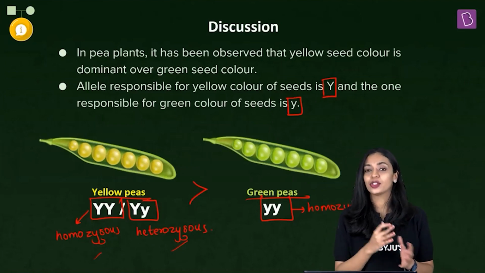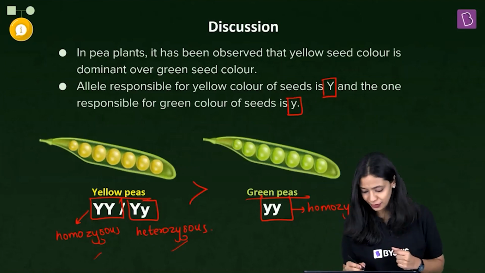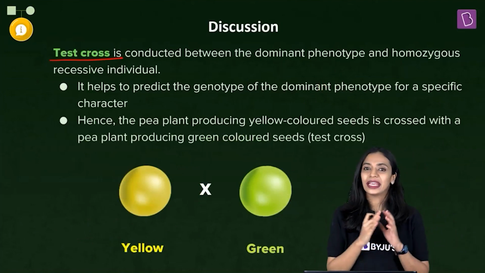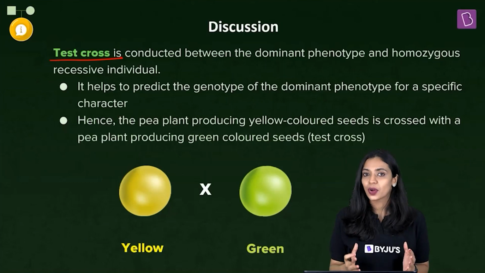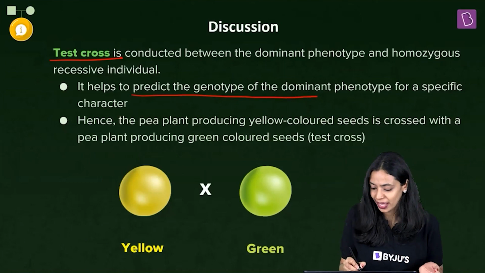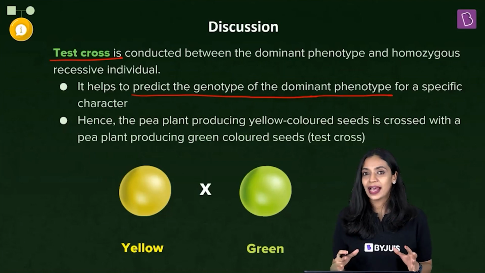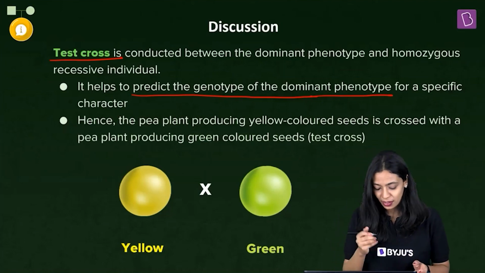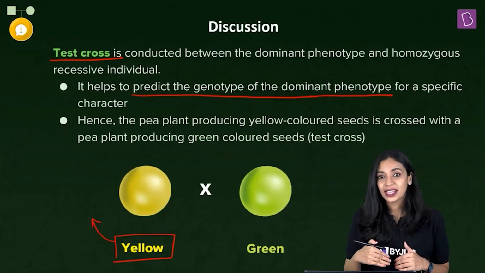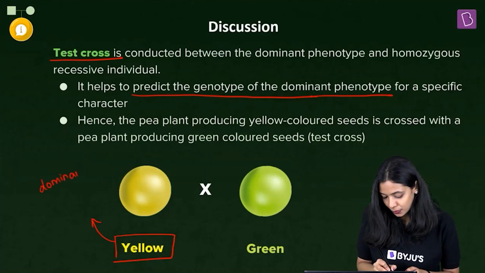So how exactly can you find out the genotype of a plant that is showing the dominant phenotype? That can be figured out by performing a test cross. What exactly is a test cross? A test cross is a cross that is performed to predict the genotype of an organism that is showing the dominant phenotype for a specific character. So how exactly is a test cross performed? In a test cross, we take the plant that is showing the dominant phenotype. In this case, it is the plant that is producing yellow colored seeds. So it has the dominant phenotype,